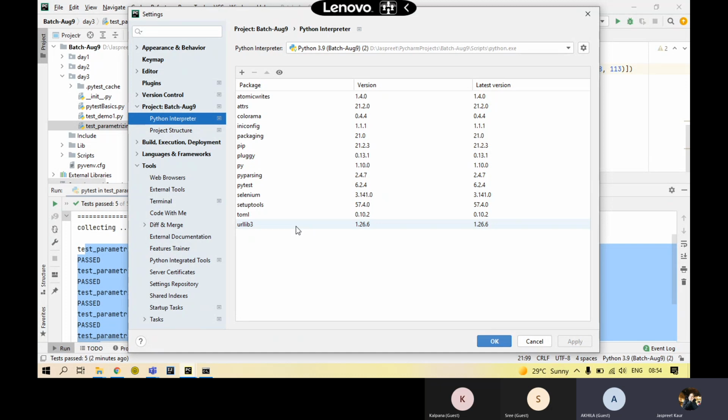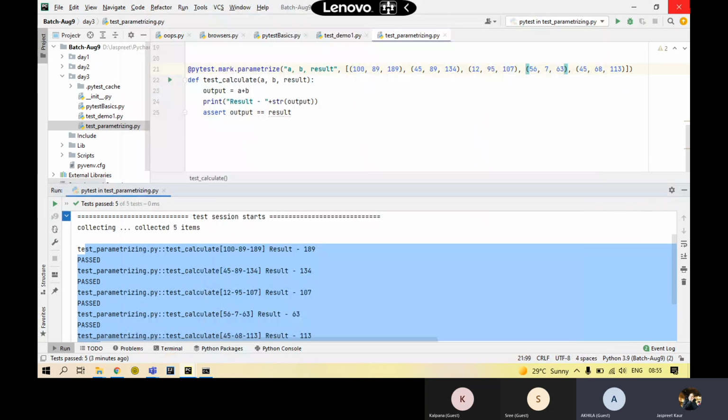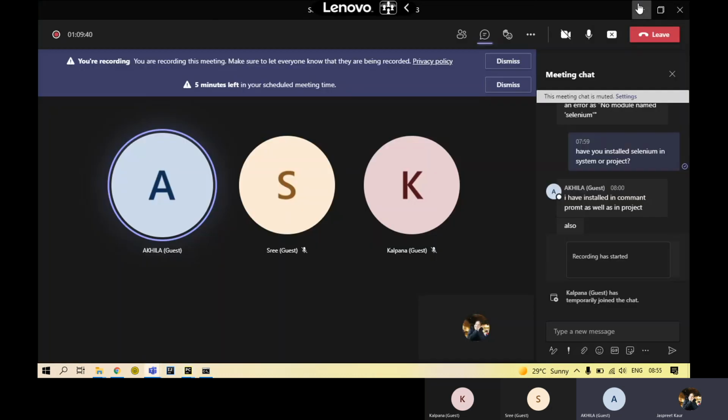So I'll request you to uninstall Python from your system, properly and fully, and Selenium as well. Might be from any of the packages that wheel package is coming, which is not required and which is blocking them. So once you do it, retry installing Python again on your system.